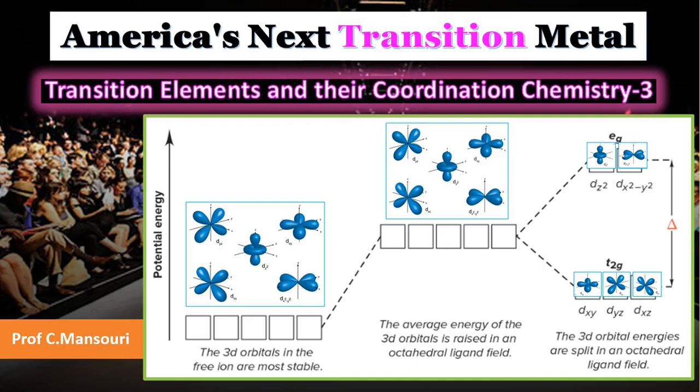America's next transition metal is on to another challenge. So far, in the last two parts, we have learned about transition metals and their properties, and went further to learn about how transition metals can bond with ligands to form complex ions with different geometry. Now, let's continue to imagine that transition models are going through another challenge called the Complex Ion Exploration Challenge, where the models must explore how complex ion bonds are formed, why certain geometries are preferred, and why these complex ions exhibit new properties like color and paramagnetism.